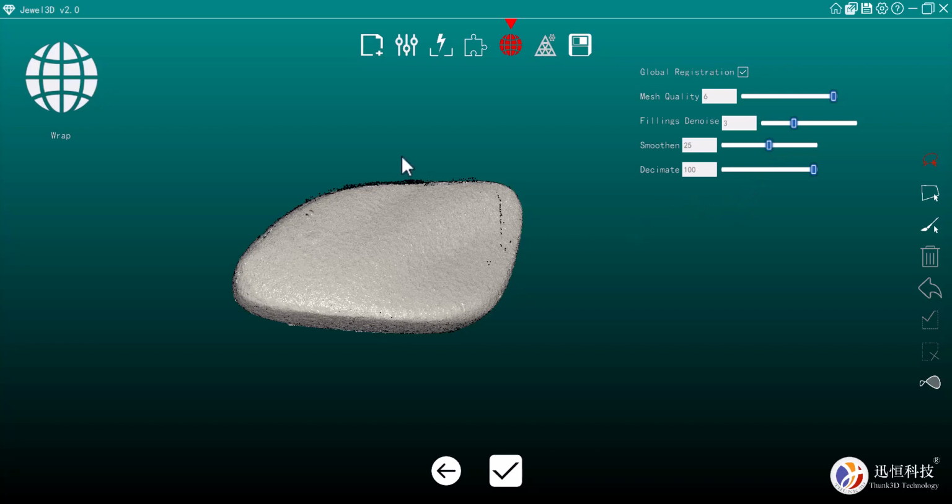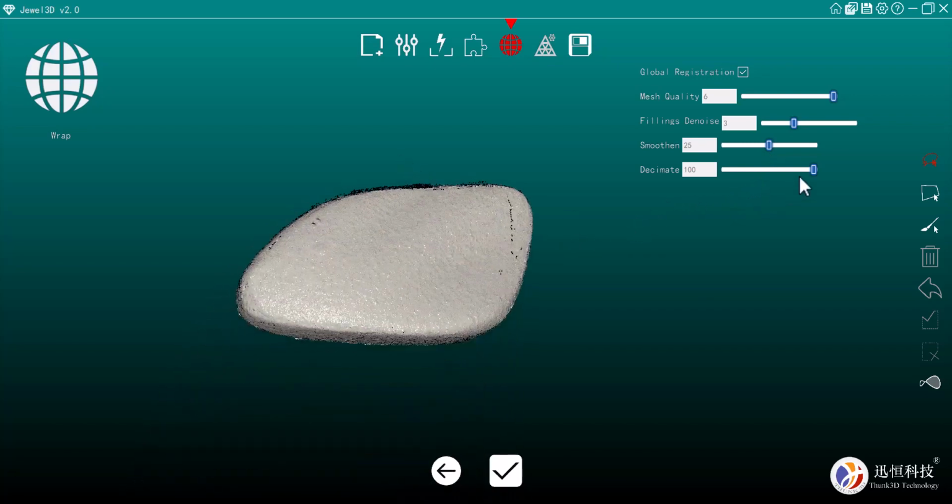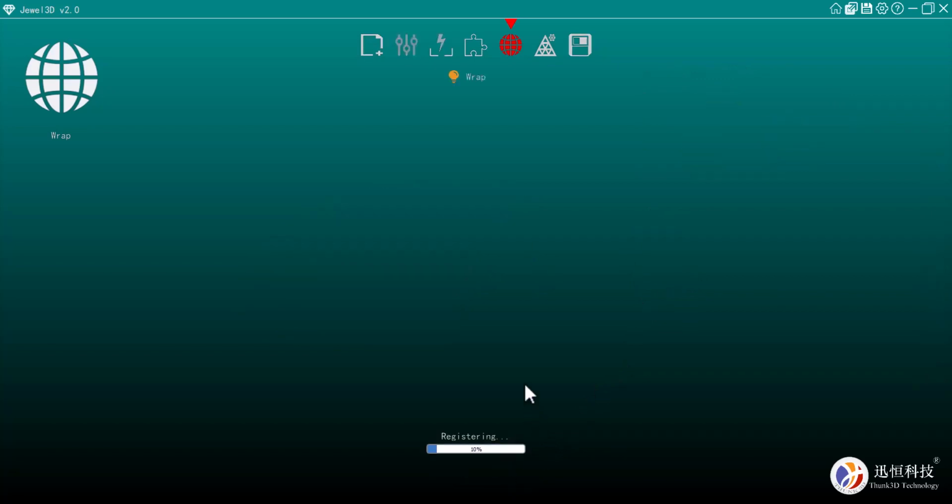And the decimate, if we decimate this, then it's going to reduce the size of the file. With something like this, it shouldn't matter too much if we decimate it about 50% or so, because it's really only a fairly small piece. There's not a lot of geometry to it, so we should be okay with that. We'll click the wrap button there, and what will happen is the data will register and the wrapping process will